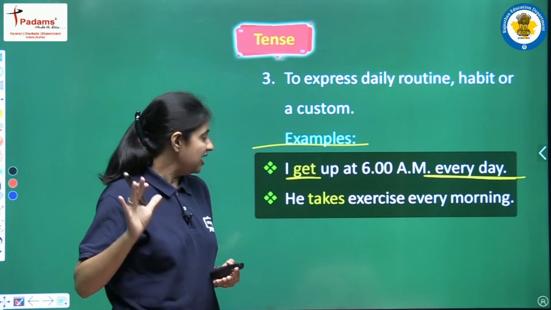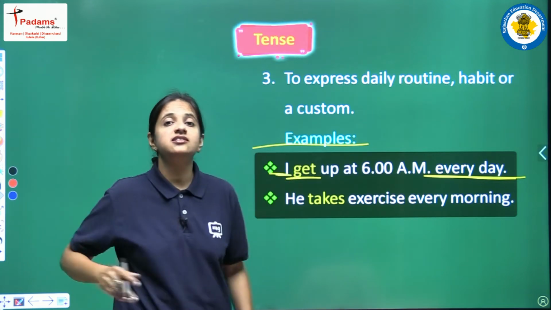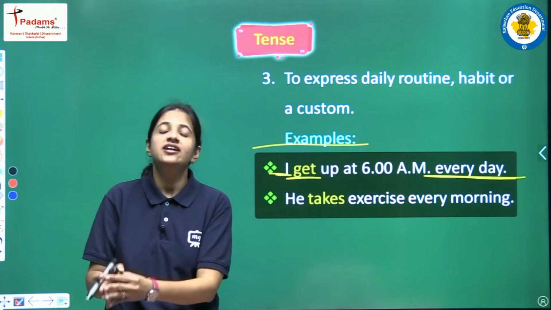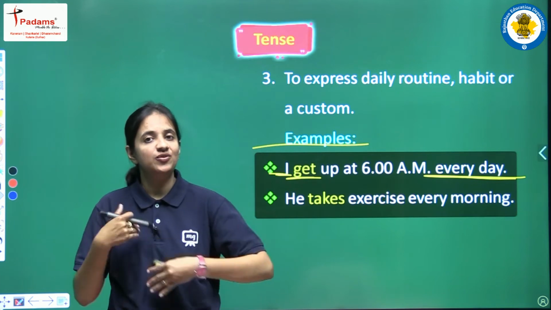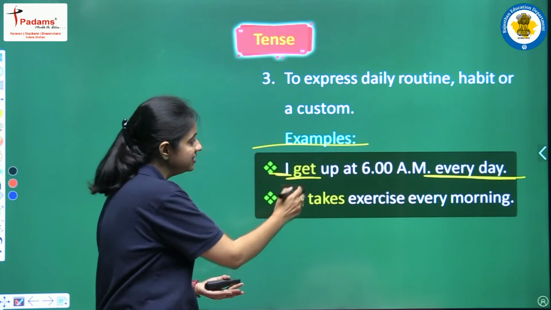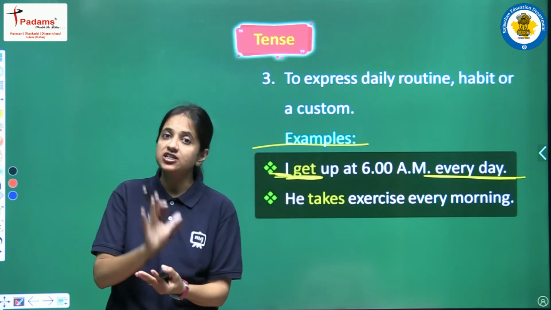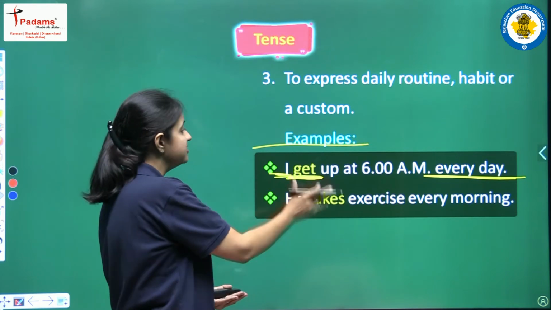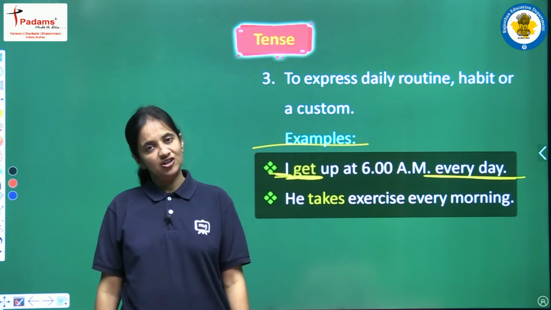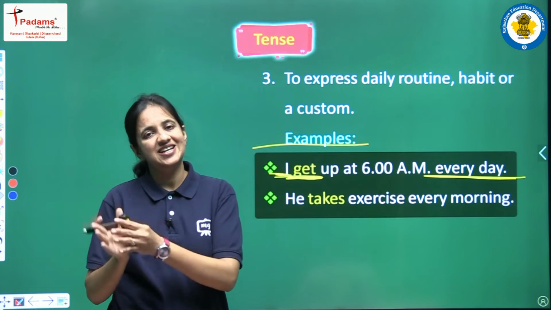And one more thing, I am very much sure that you are aware of this thing, that I is always considered to be a plural subject, right? I is always used, always considered, always treated to be a plural subject, and this is the reason we are not adding s or es here. We are just writing the first form and we are completing our sentence writing I get up at 6 a.m. every day. So because in this sentence we are talking about our daily routine, so we are using present simple tense.